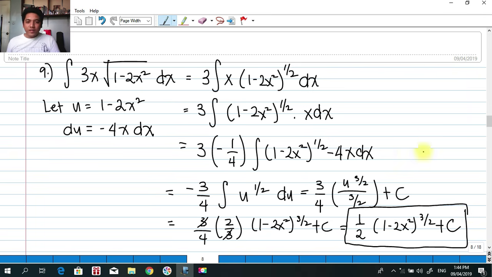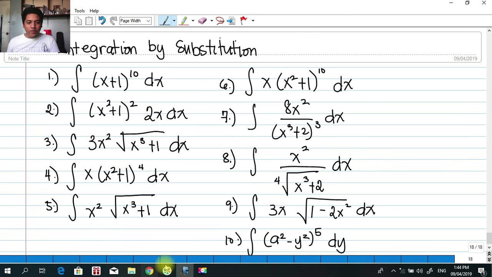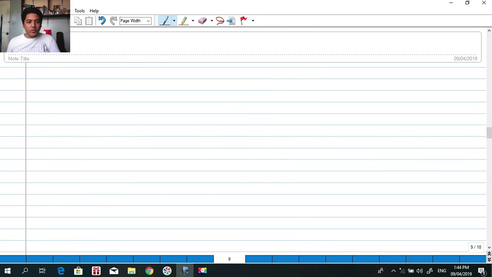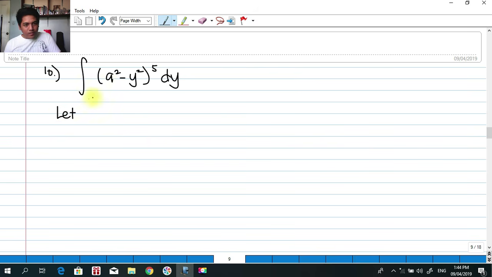Okay. So down to our last number, we'll be having this example. The integral of a squared minus y squared raised to 5, the integral of a squared minus y squared raised to 5 dy. So here we can see that if we let u equal a squared minus y squared, we get the derivative of u with respect to y,